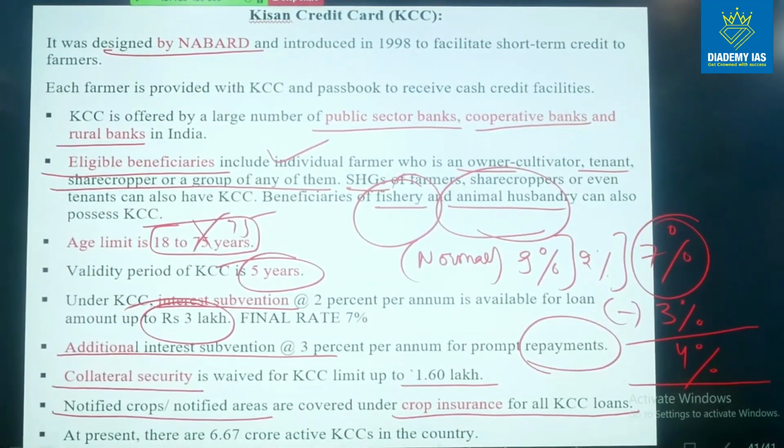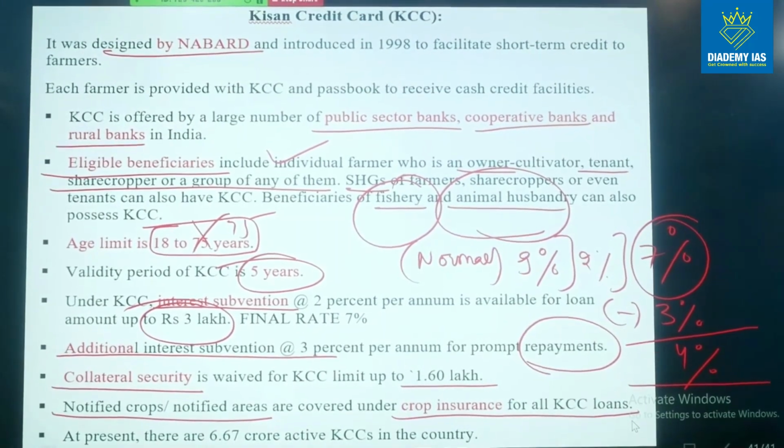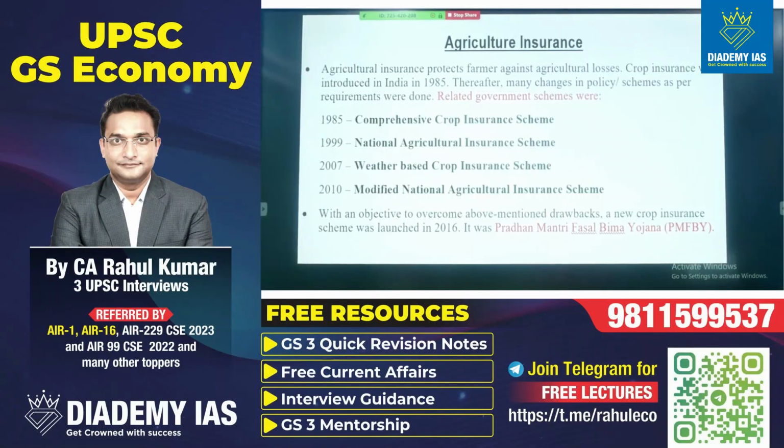So these are the important aspects which are related to the input. Apart from that, in the next section we will start with agriculture marketing. We will also see the food management, food subsidy, Food Corporation of India, PDS, agricultural. Like we will basically see the post harvesting system. अभी तक हमने जो देखा वो आपका इनपुट वाला था, उसके बाद हम देखेंगे एग्रीकल्चरल आउटपुट वाला, है ना. वी विल सी ऑल ऑफ दोस एरियाज. सो this is the end of this session. If you have any question, you can ask.